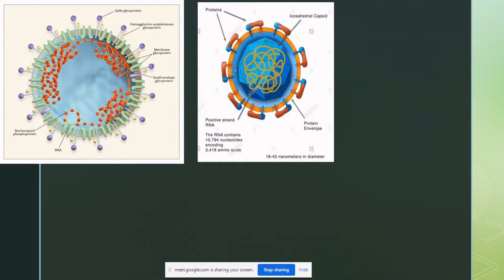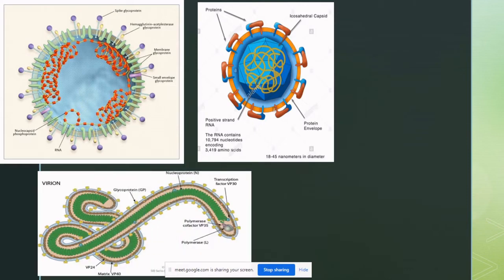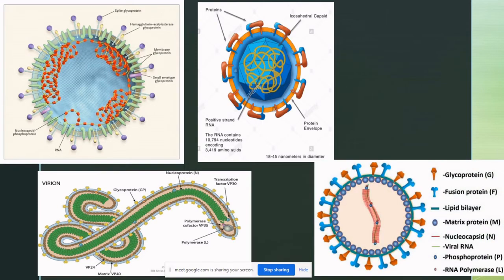If you remember, in very recent times, in the last decade, we have come across so many virus outbreaks. To recall, between 2014 and 2016, we had an outbreak of Ebola virus. Do you remember how the Ebola virus looked? This is how it looked, a helical type of structure, and even the Ebola virus had glycoprotein on its surface. Then in 2018, we had a virus called Nipah, which was transmitted from bats to pigs to humans. And now in 2020, we have coronavirus. This is the Nipah virus that is shown on the screen.